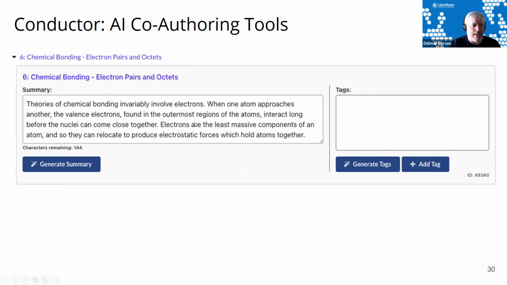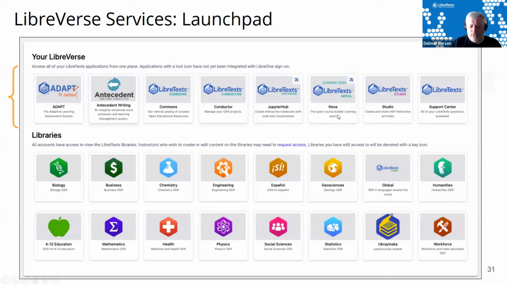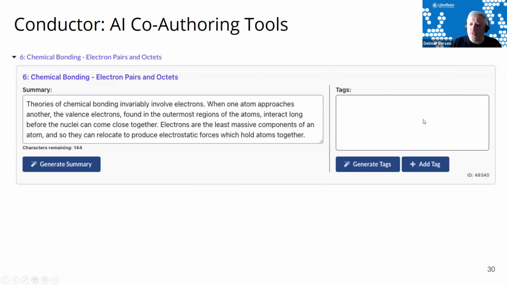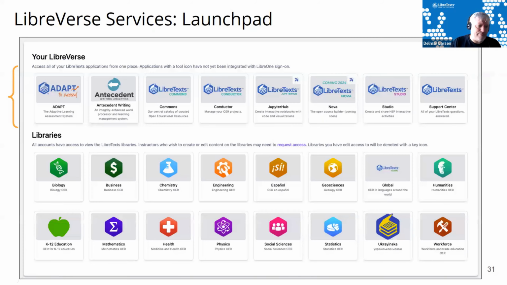This is a snippet of making a summary of a specific book or specific page. This is electron pairs and octets. We could bring it in, and more importantly, we have the ability to edit it. So we don't have to believe 100% of what the AI-generated resources give us. We can update it. The same thing happens with meta tags. When we actually get meta tags, we can come in and curate them, because we always need some subject matter review in order to tweak things up, to make sure that what's generated is actually productive and not just AI crap. I think that might be the technical term associated with that.